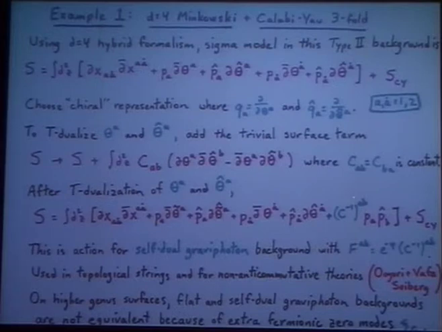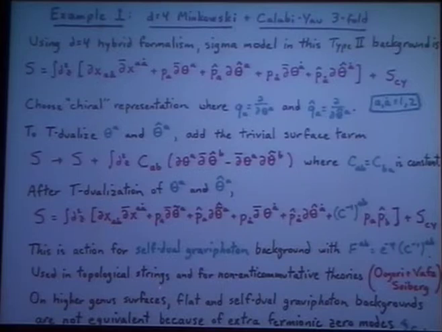You add this Lagrange multiplier, you integrate out the Wilson line gauge fields, and you find that this extra term is generated. So this term is precisely the term you add if you want to describe the self-dual graviphoton background using the hybrid formalism, where F_AB is just the self-dual graviphoton field strength. So it's proportional to the inverse of C. And this, of course, was used in topological strings and also for describing non-anticommutative gauge theories by Ooguri-Vafa and also